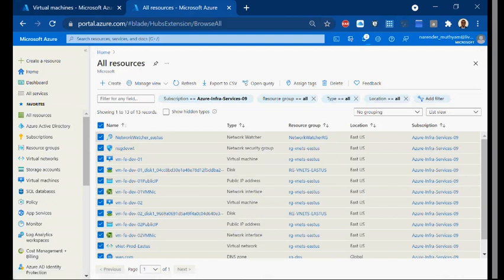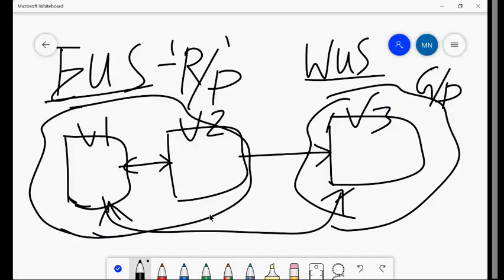Once it is done, then we are going to go with this model here. Nothing complicated. I'm going to create VNet 1 and VNet 2 within the same region, and I'm going to create a VNet within West US, outside of the region. Implementing peering between two VNets in the same region makes it regional peering, and implementing peering between VNets in two different regions makes it global peering. We call it simple. And this peering happens on the Microsoft backbone cable, that you need to remember.